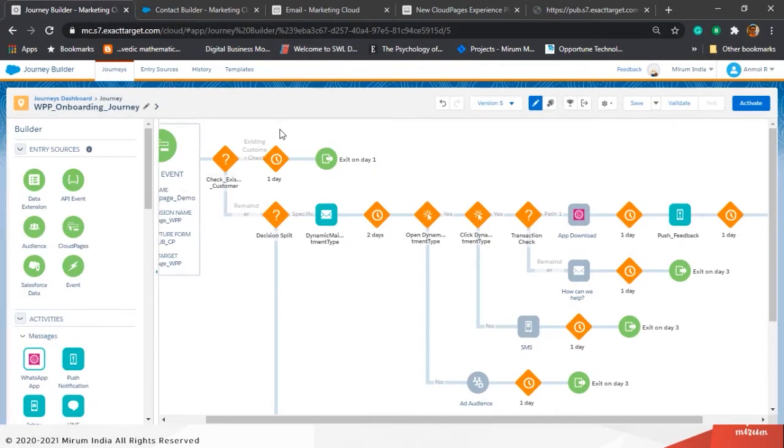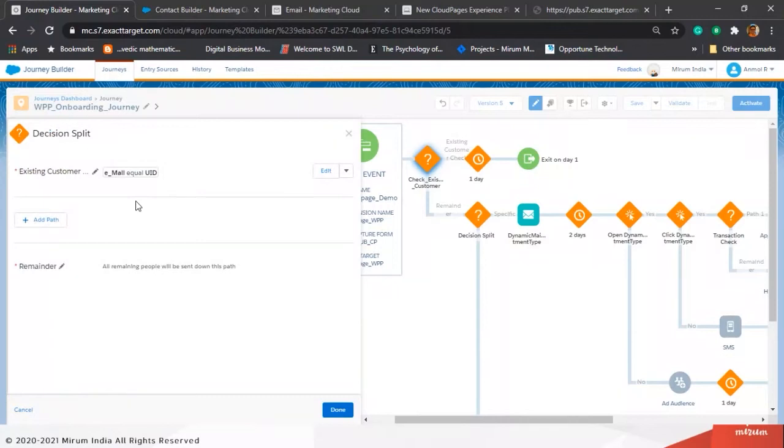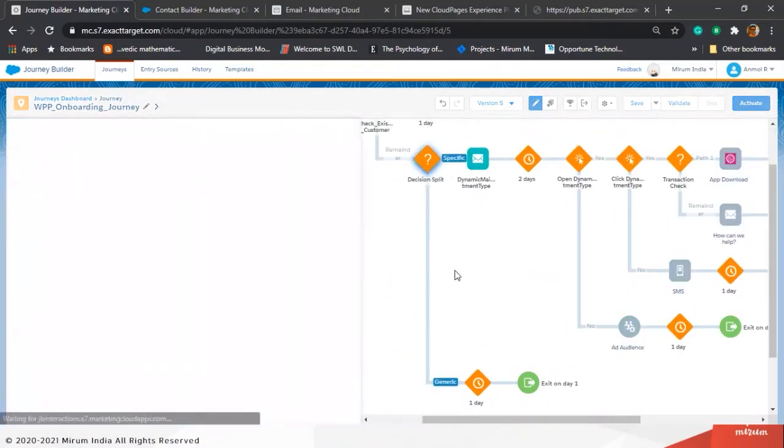So what we'll do is later on we'll come back here and add some activities. Now, what if the email is not matching with the unique ID that we have for this particular customer in our systems? It means that this customer is a new customer and we need to immediately start an onboarding activity. So the journey has started. The moment we move on to the reminder node, there's a decision split which checks